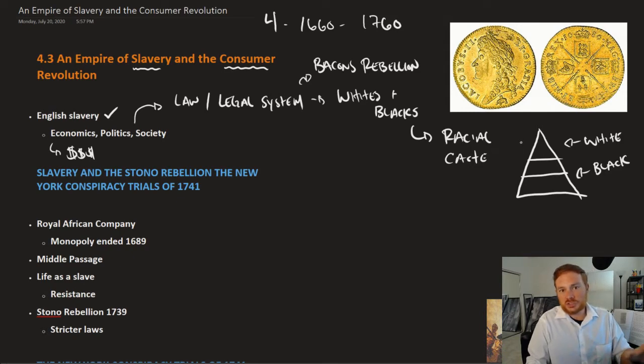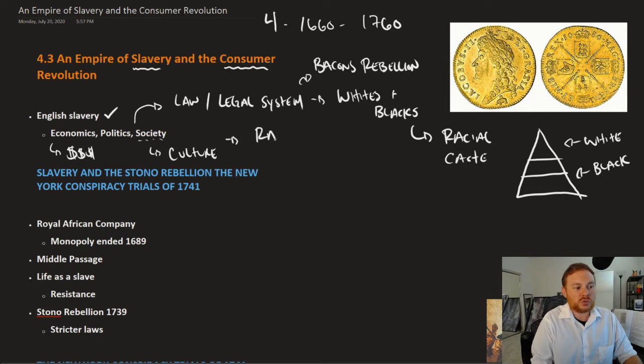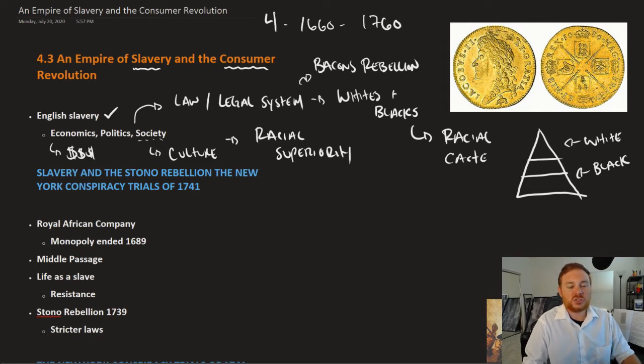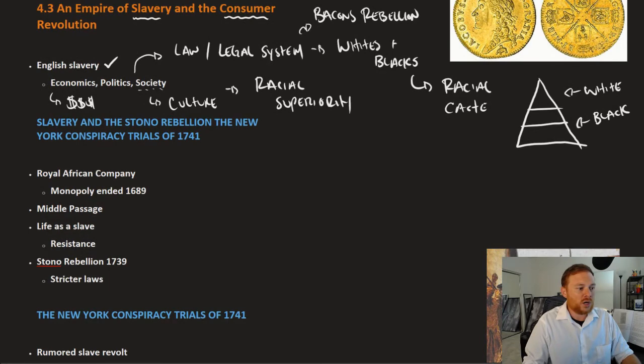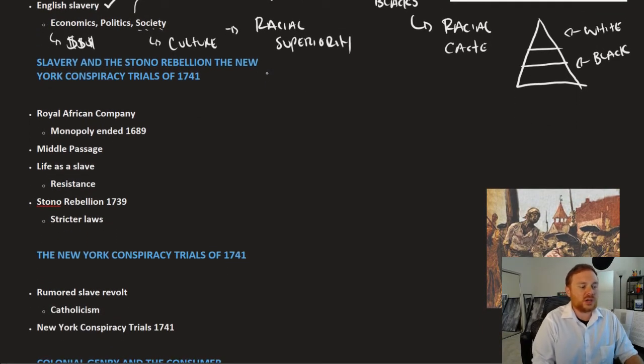But we can say it's economic, we could say slavery is political, but it also has its effect in society. It has its effect on culture, because what this helped give rise to was a sense of racial superiority by whites. And this was not just a justification to enslave Africans, but also a way for which whites in the English colonies had somewhat of a common ground based on their racial identity. And this was true in practically all of the 13 English colonies, in addition to the English colonies in the West Indies.